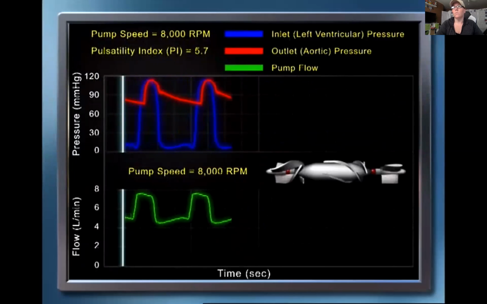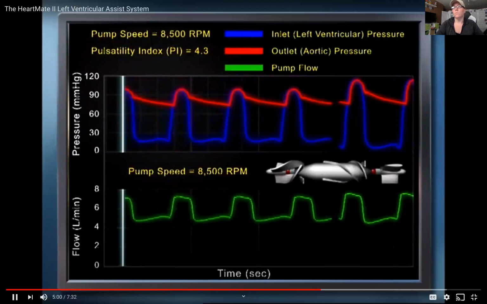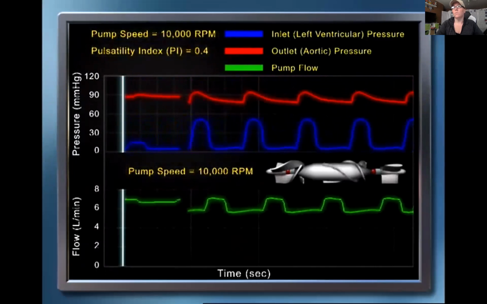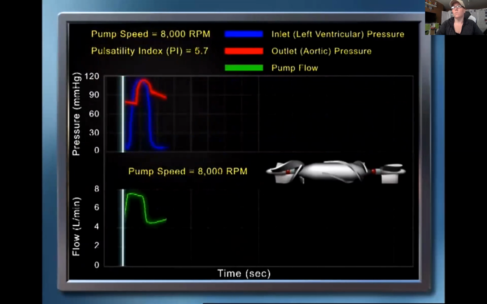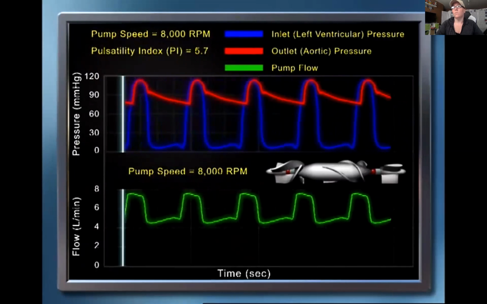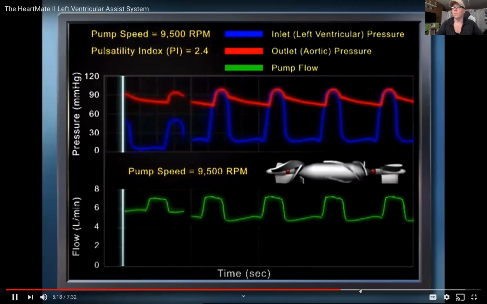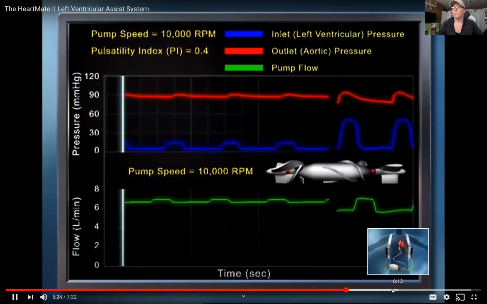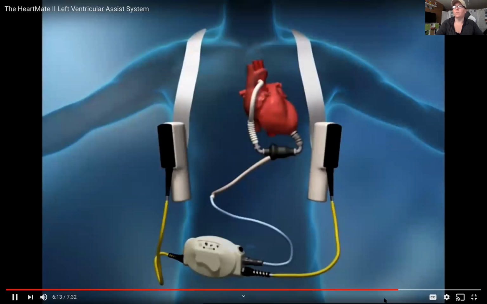For a given differential pressure, as the speed of the pump is increased, the flow through the pump increases and leads to greater ventricular unloading. As the pump performs more ventricular unloading, the left ventricle builds up less systolic pressure. This causes the blood flow pulsatility to decrease. This will be seen in the flatter pressure and flow curves as the pump speed is increased from 8,000 RPM to 10,000 RPM, with a corresponding decrease in the pulsatility index. As pump speed continues to increase and the left ventricle,